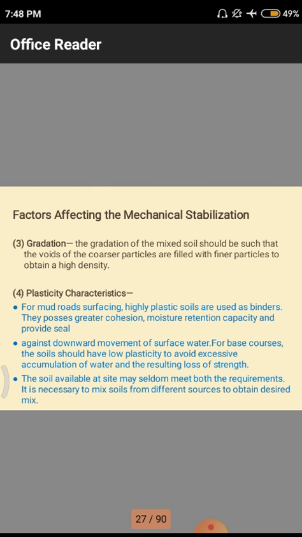Why? Because the fine matter has a tendency to fill the gaps. If the existing soil is very bulky in property, that means the size of the particles is very high, then only we have to go for very fine particles and we have to mix